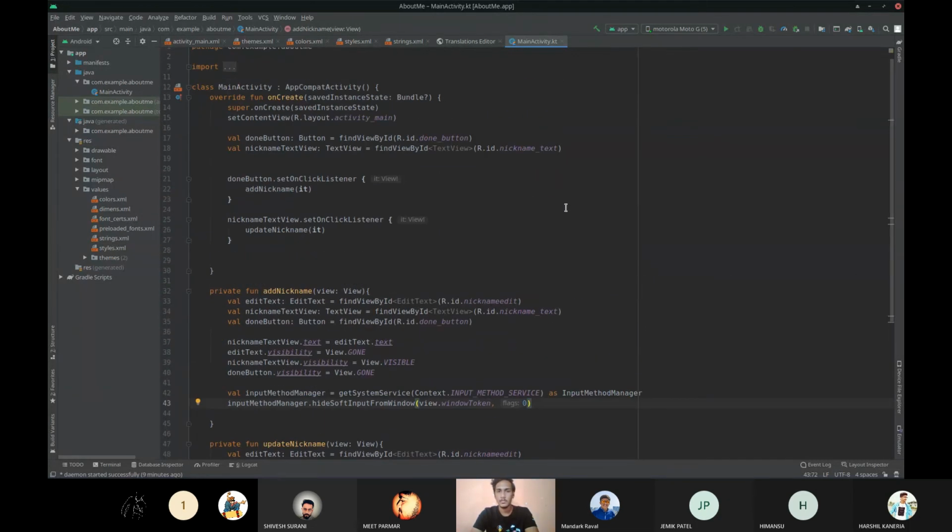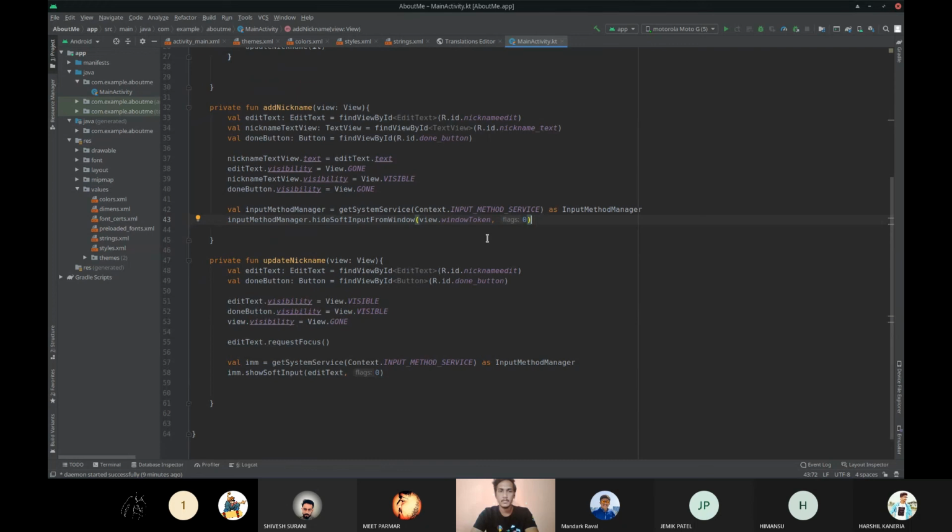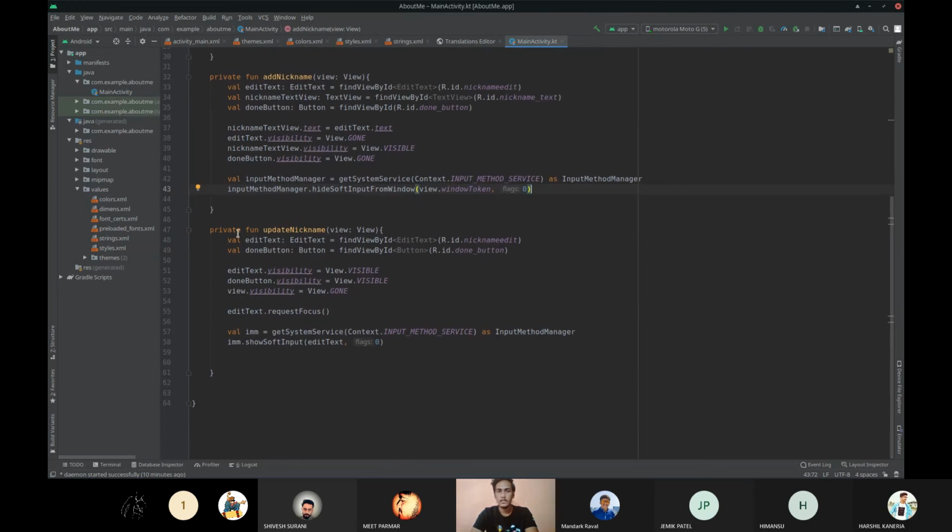Now let's look at the function update nickname. In that, what I want to do is that after I have pressed my done button, if you want to update your nickname, you can click on your nickname and the edit text view will be visible again,